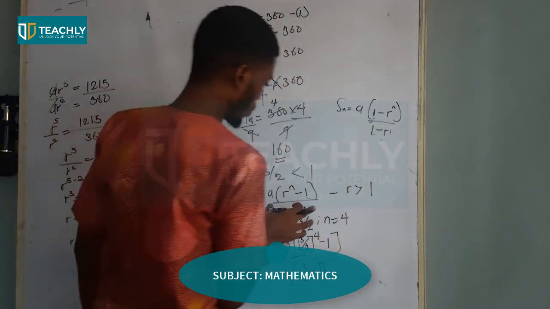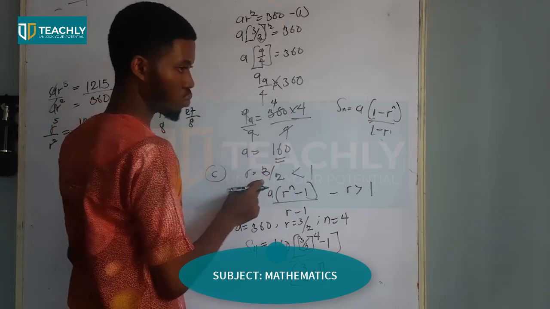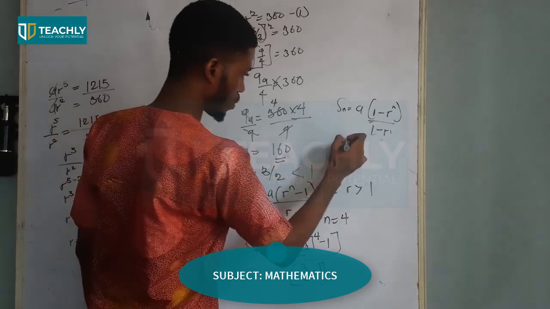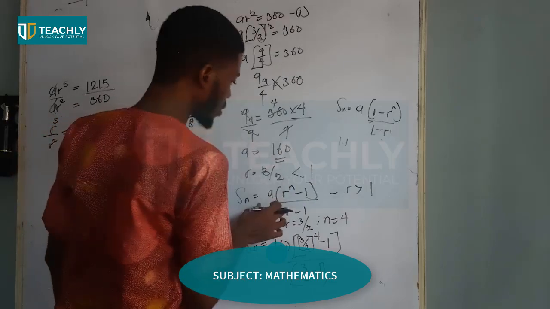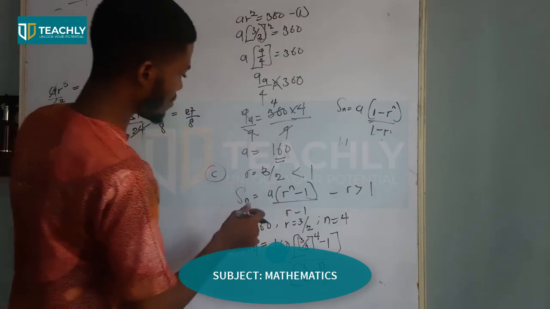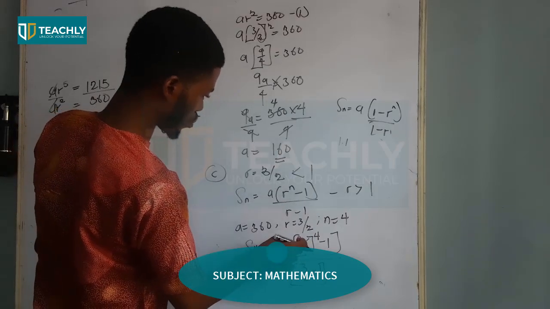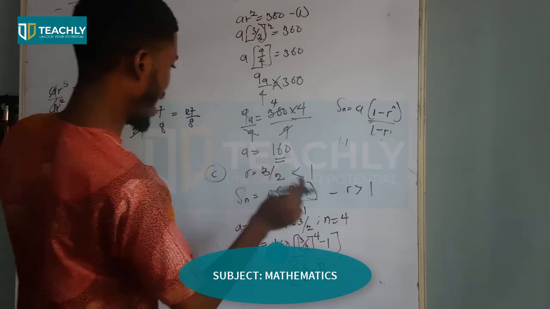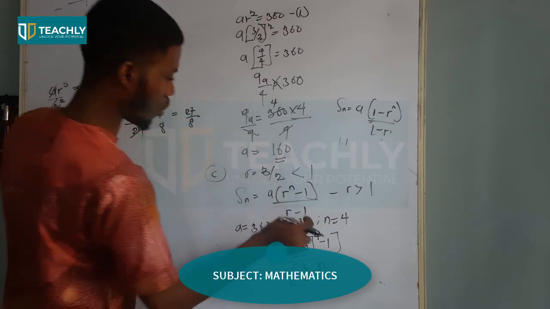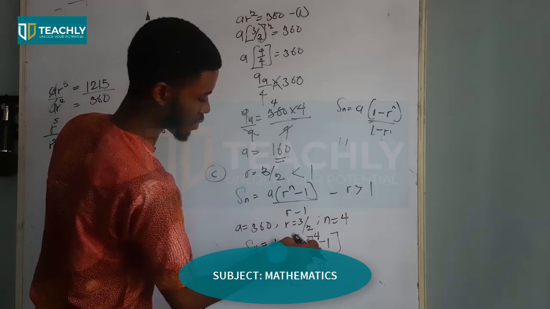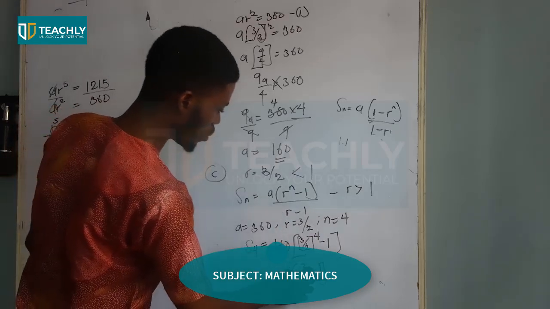But in this case, our r was gotten as 3 over 2. If I divide 3 by 2, I'm going to have 1.5. That means our r is greater than 1, so I'm going to be using this one. Now I repeated my values. I have a to be 160, I have my r to be 3 over 2, and I have my n to be 4, and this was given in the question. We're just to look for the sum of the first 4 terms. Now minus 1, and then I have my r again to be 3 over 2 minus